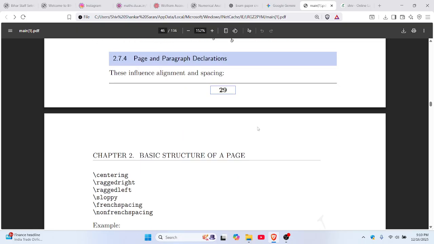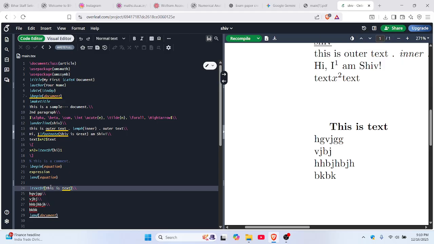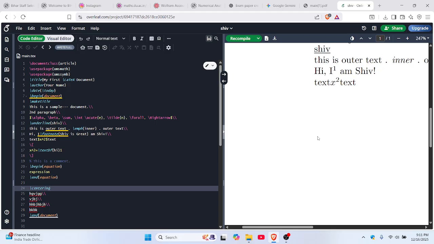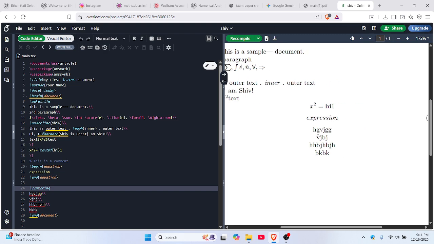Next is page and paragraph declaration, that is centering, raggedleft, raggedright, sloppy, frenchspacing. See here, begin center, centering. If I want to write something in the center, what I can use is begin centering. See, I have used backslash centering, so all the content written after this centering will be centered. See, these all are centered. You can see this one,